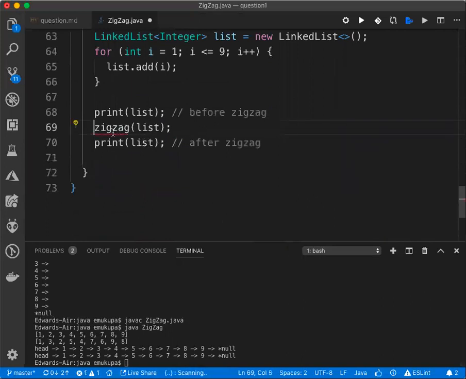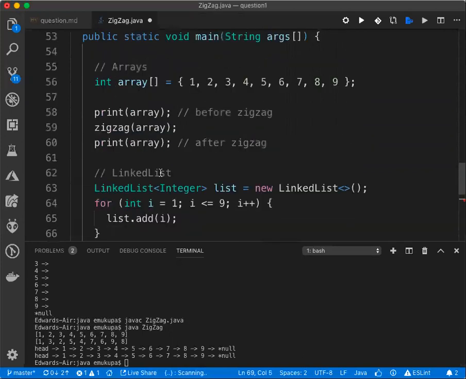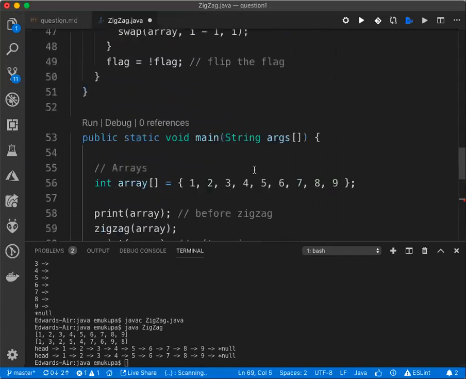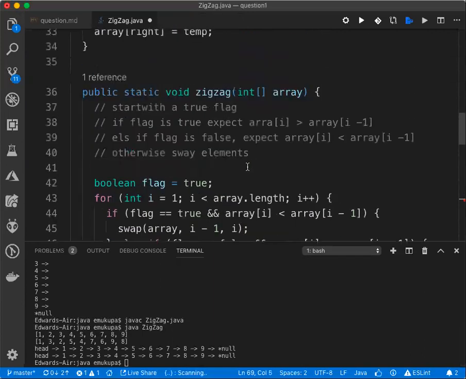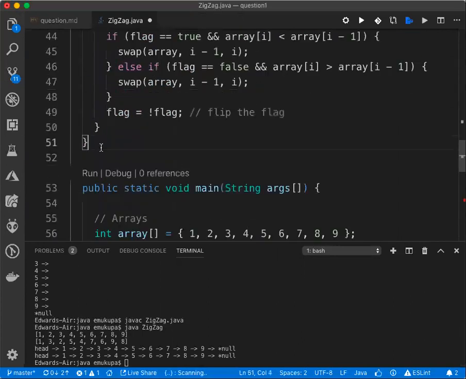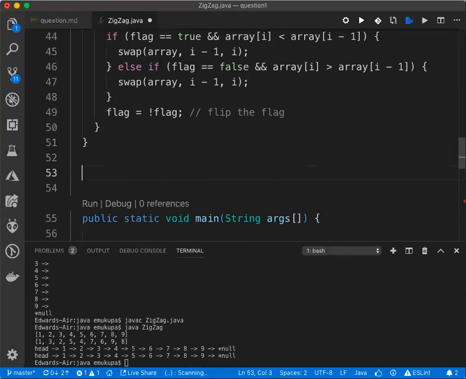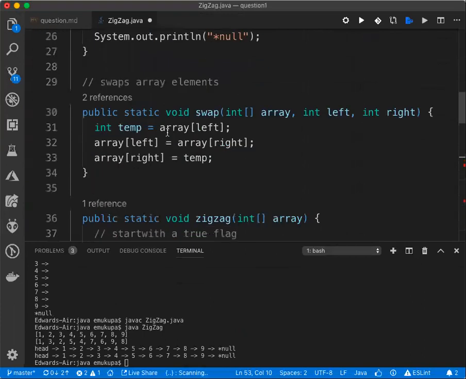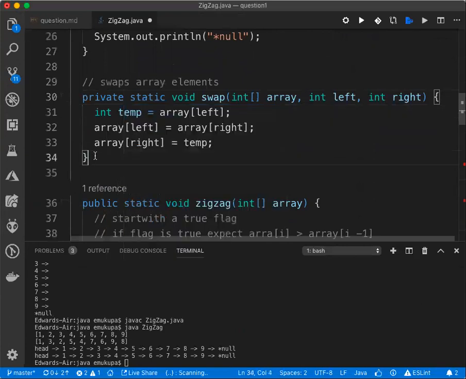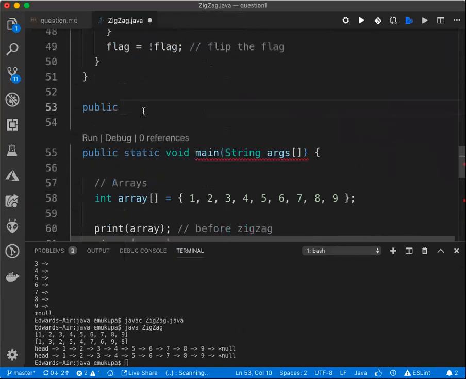As you can tell, this zigzag method has an error. So we're going to overload this zigzag method, this time passing in a linked list. I'll put it right underneath the other zigzag method. It's going to be public. By the way, this swap method, I'll just make it private because it's being used by this class and nothing else. So public static void